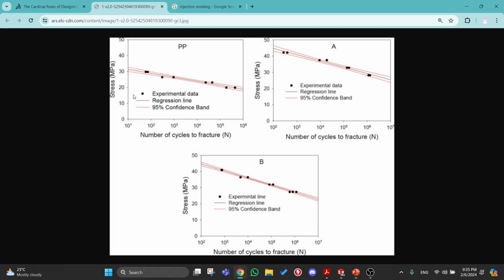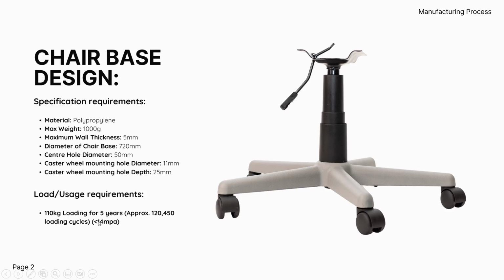So you want to go roughly around 15 and below. And my lecturer has said to be lower than 14. So each material has their own SN curve, and you need to understand. As a designer, and manufacturer as well, you need to understand the individual materials and what